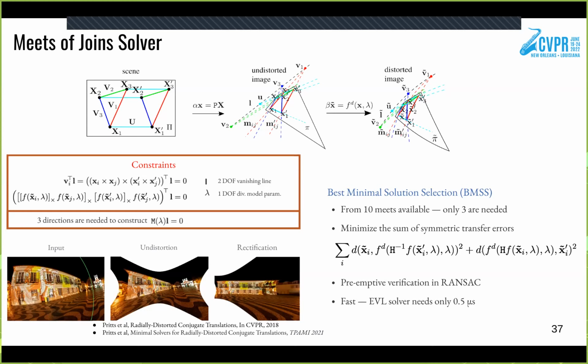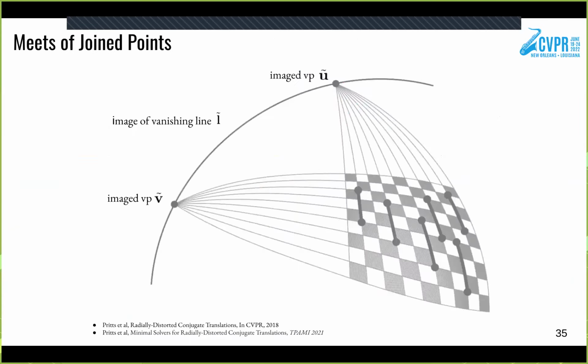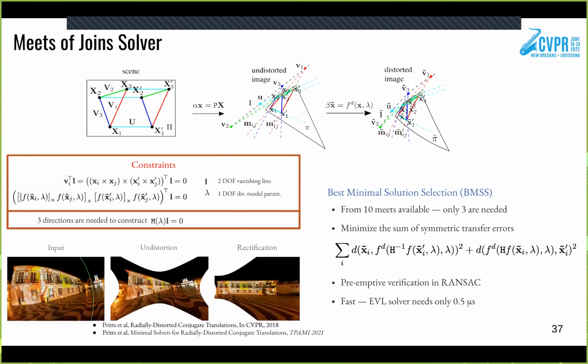So is lambda here an unknown? Lambda, it's a good question. Only L and lambda are unknown here. The vanishing line L and lambda are unknown. Everything else can be constructed from the generative model. I don't understand how we get from the scene to the undistorted image if lambda is unknown. We recover,